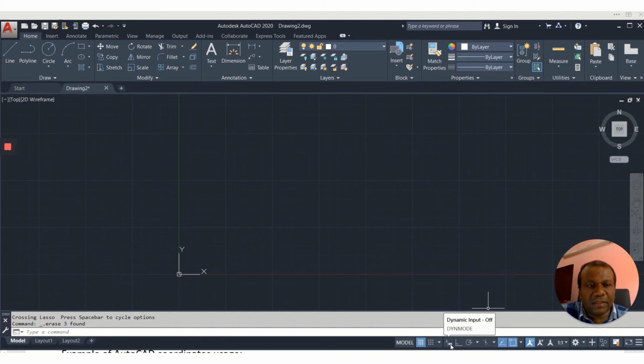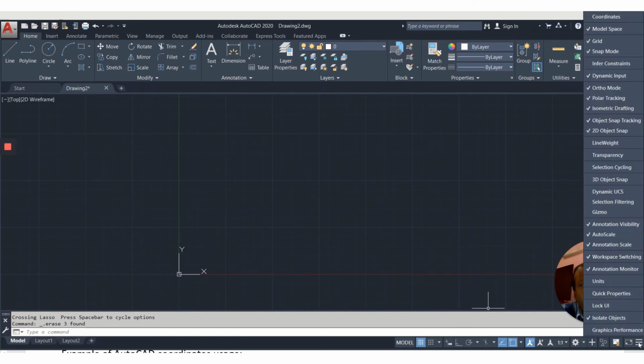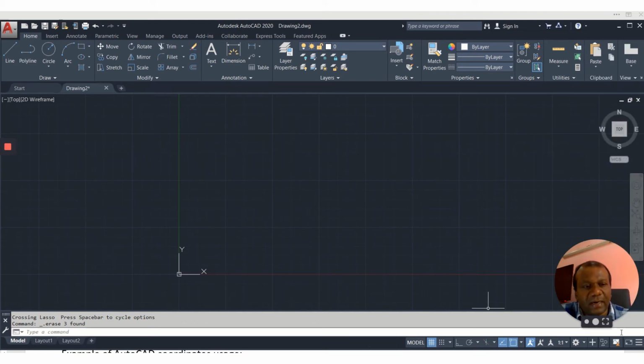Sometimes, the first time you open AutoCAD, you won't find dynamic input. If it is not there, click on the customization icon at the bottom right-hand corner, the three lines. Click there. If dynamic input is unticked, you won't see it in the bottom row.